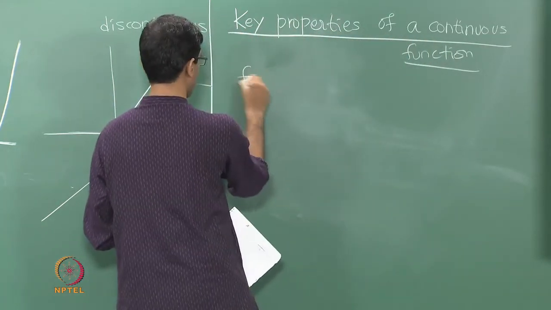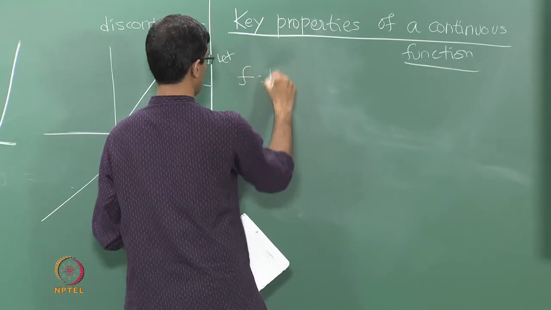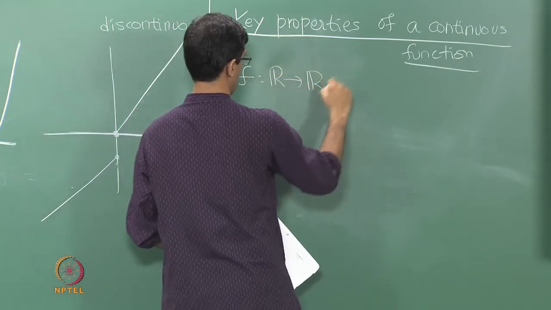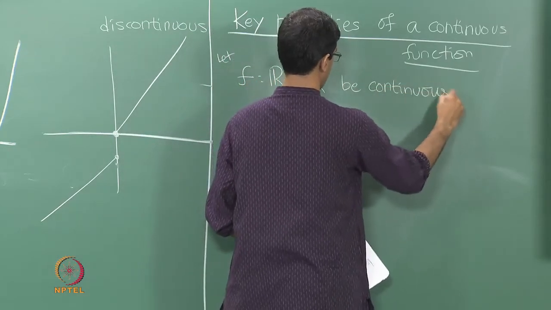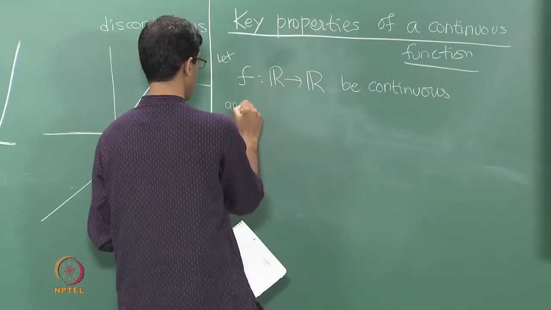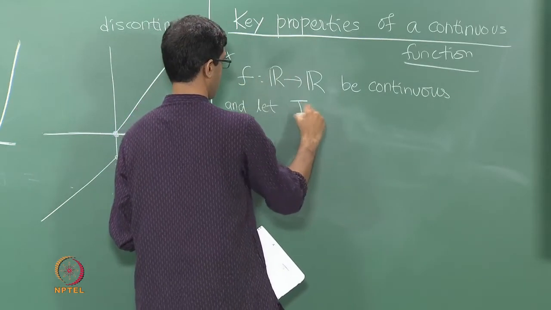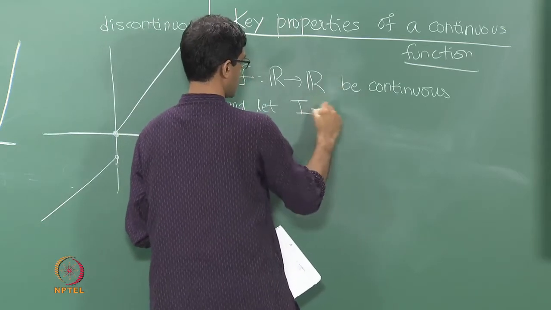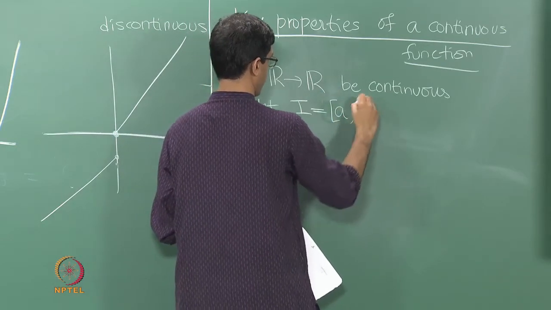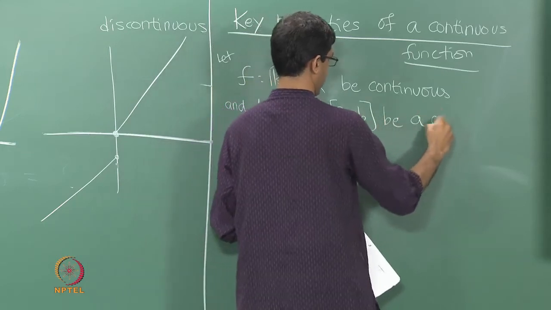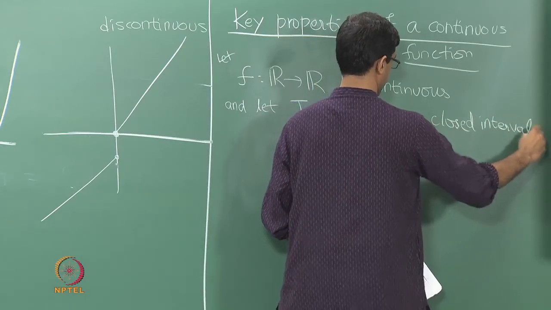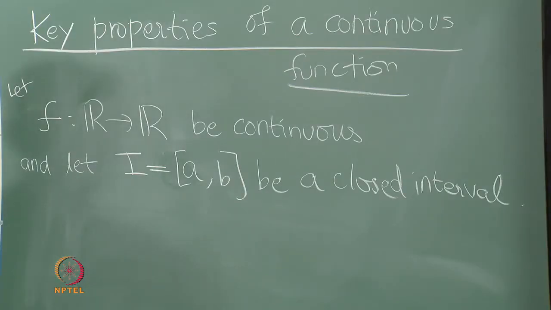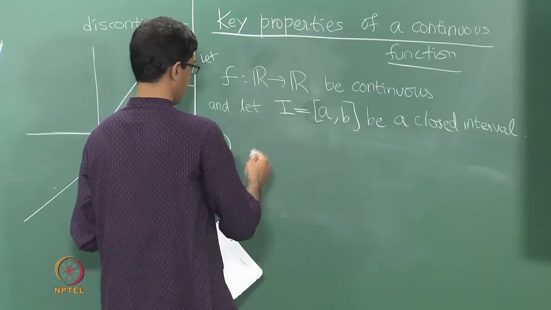So let f be a continuous function, so let f from R to R be continuous, and let I be a closed interval. So let us say it is all... now. There are two important properties. Number one, that f attains